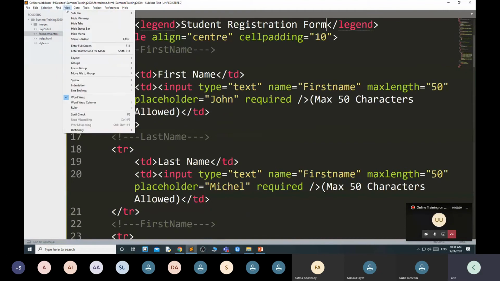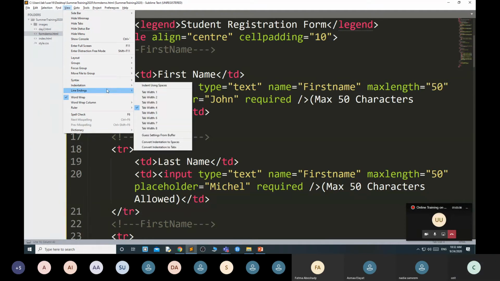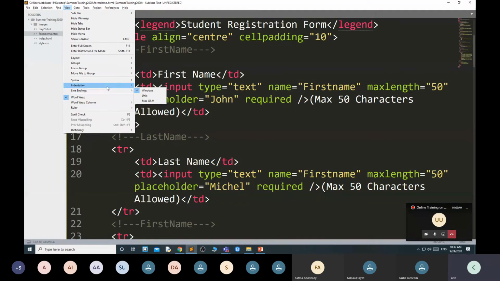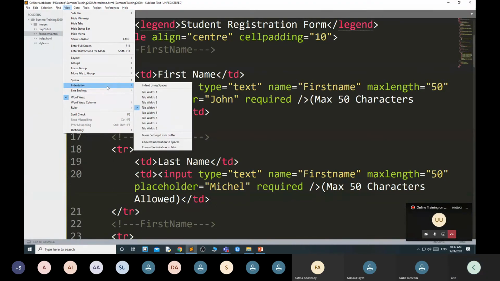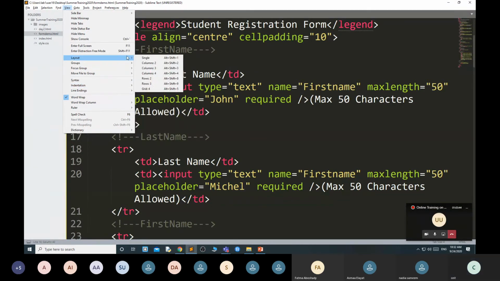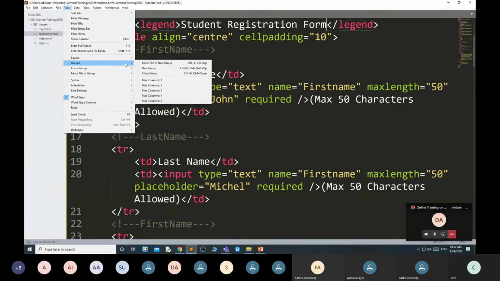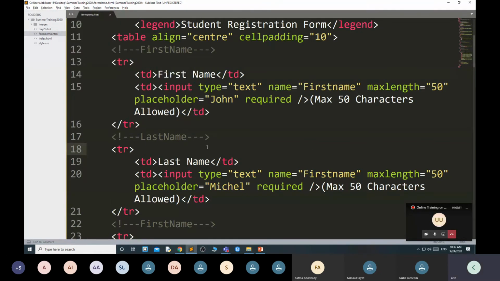First, let me format this. Indentation. Line layout. Why is it not coming?